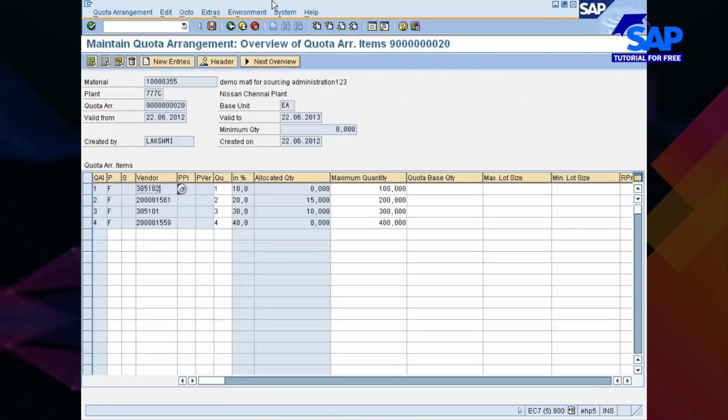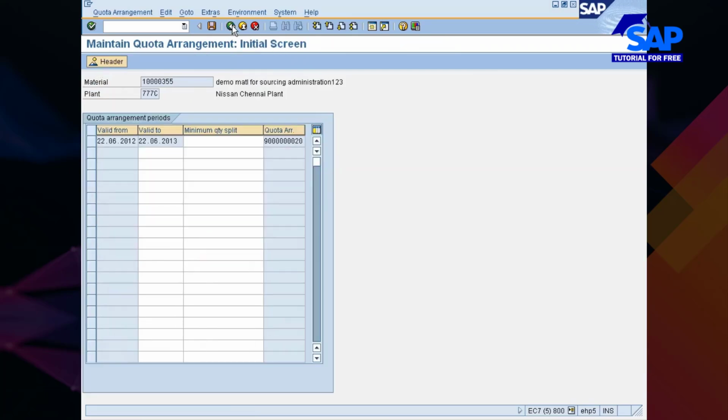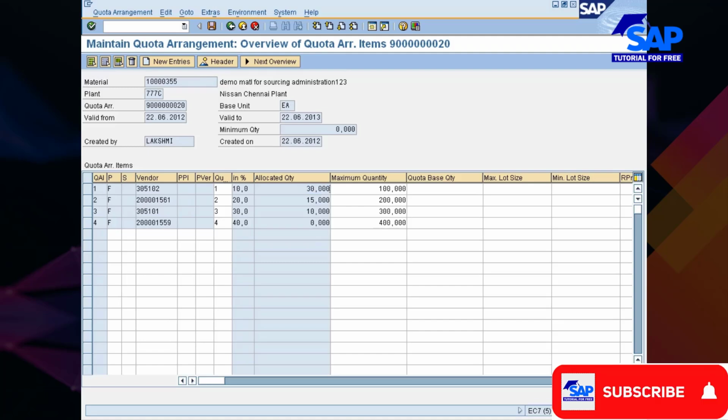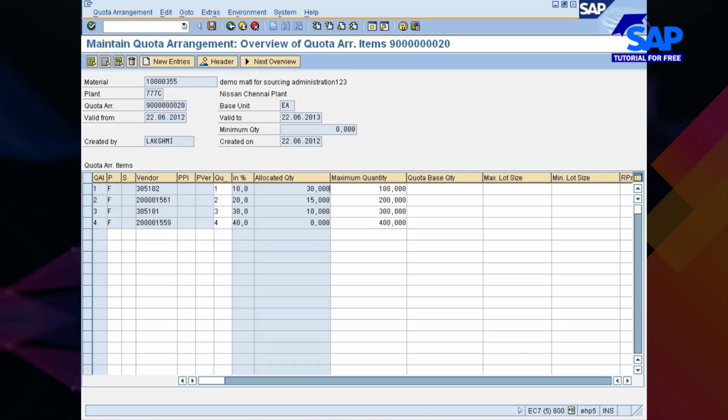Okay. Now let me just go back once again and refresh this. Not sure if somebody is changing something in the standard settings. So here you see the 30 quantity, because I have raised the requisition for Radhika. So 30 got updated in this one. So if I now go and create a requisition,